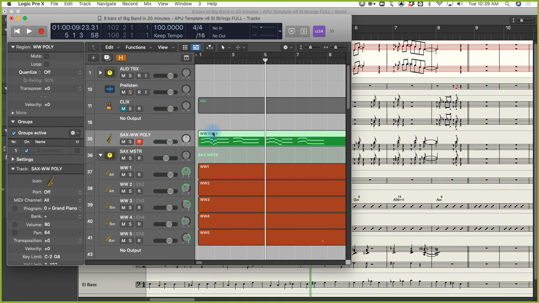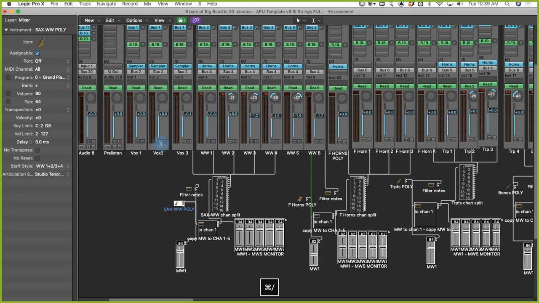It is actually installed in the track window, in the arrange or main window. And here is a region called Woodwind Poly. This is that region right here. That's why you can see that it's highlighted, because it's selected right now. So this sax woodwind poly track is playing through this instrument. The notes that are in that region are then sent to this instrument. They leave that instrument and they go to this piece of machinery right here, and we're going to make it